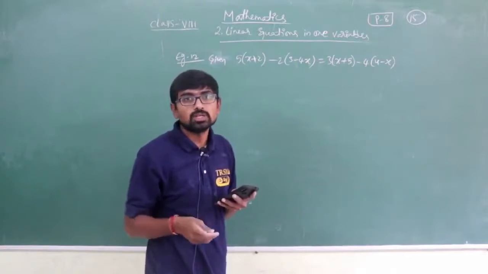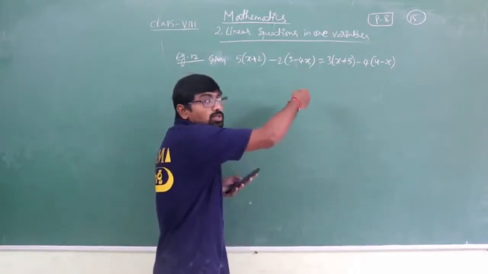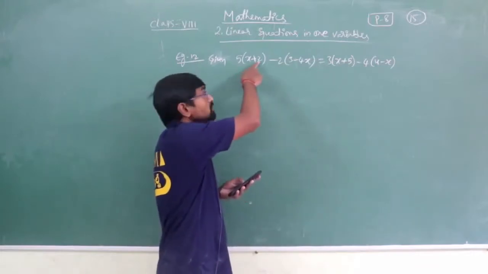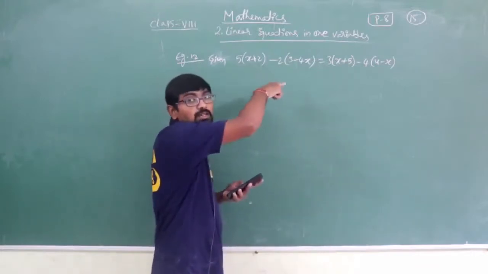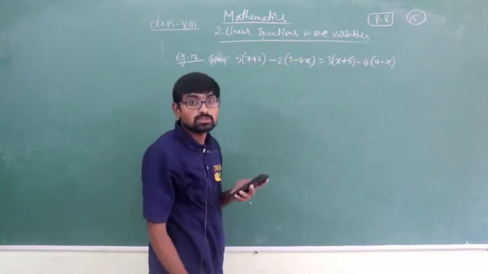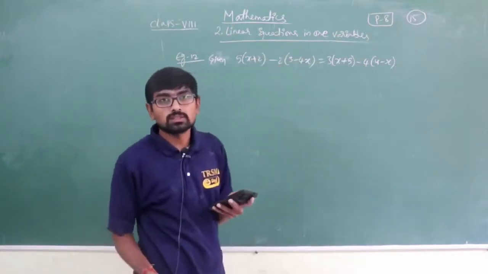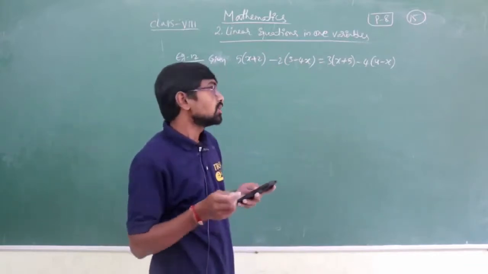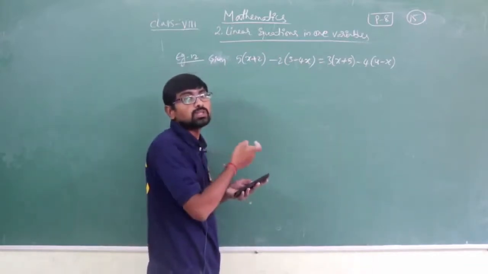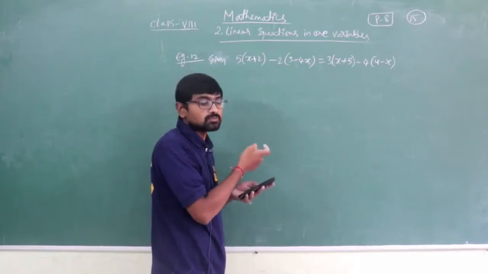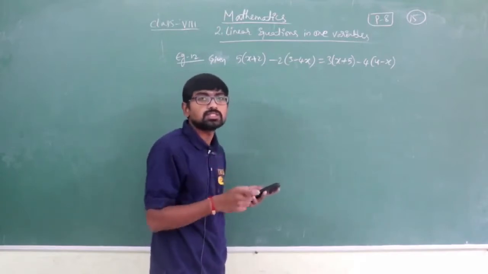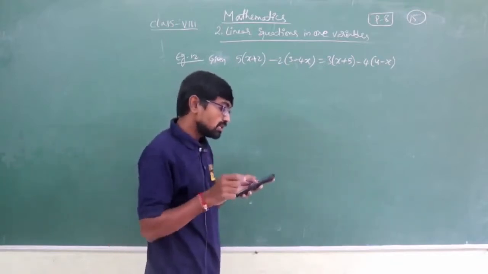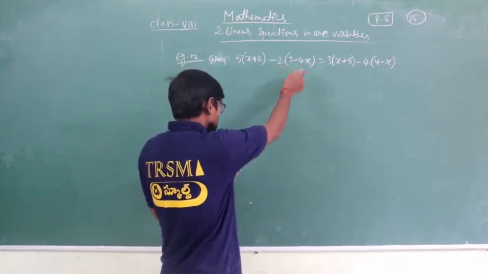Lots of people make mistakes whenever they copy the question from the question paper to the answer sheet. As if in the place of minus I have taken plus, or in the place of plus I have taken minus. So like this you will get a different answer. You will be getting confused. So be careful, whenever you copy the question from the question sheet to your answer paper, check that question 2 to 3 times so that there won't be any mistake.